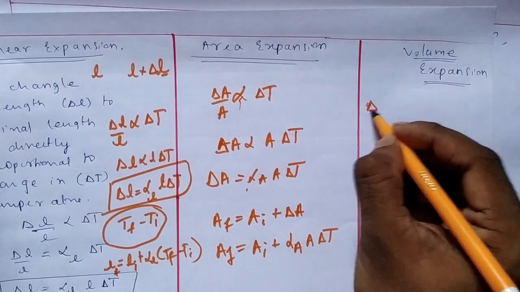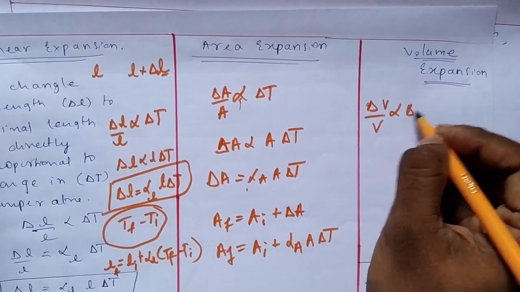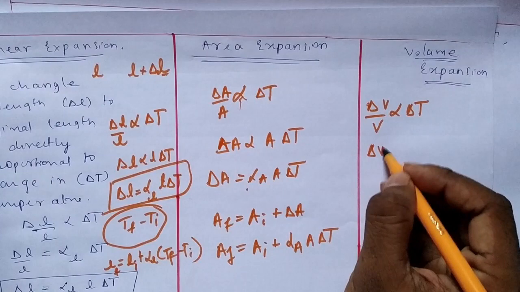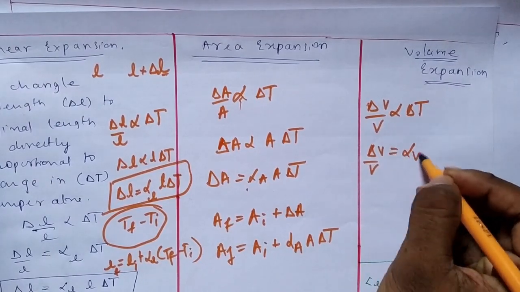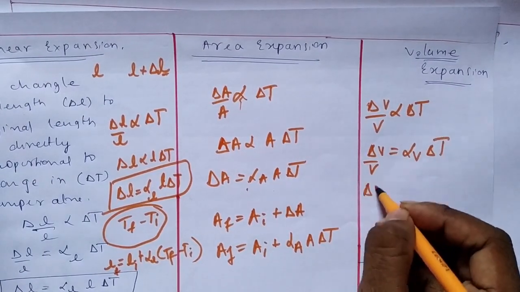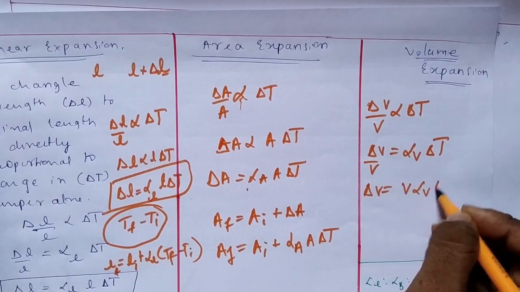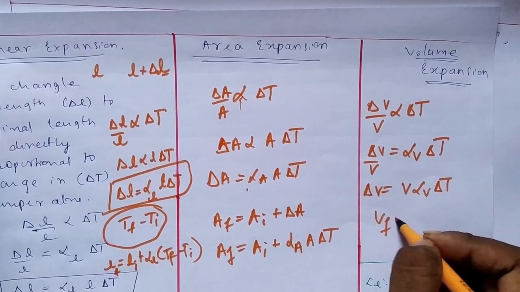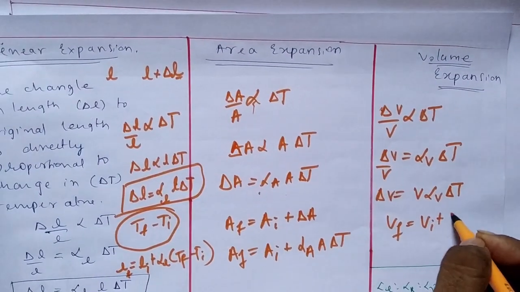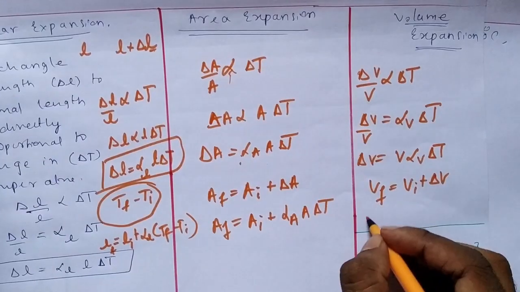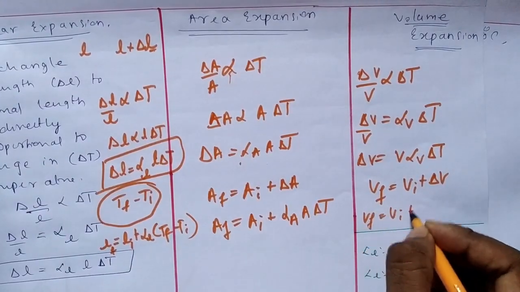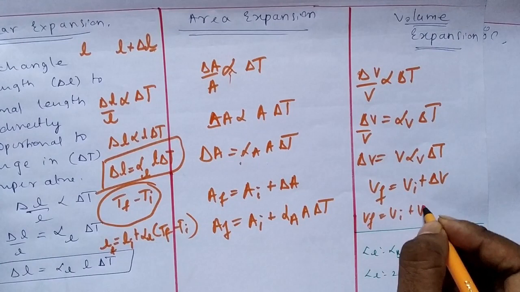In a similar way, change in volume divided by original volume is directly proportional to delta T. Change in volume is directly proportional to V into alpha V into delta T. Change in volume is volume into alpha V into delta T. So final volume is equal to initial volume plus change in volume. So final volume is equal to Vi plus V into alpha